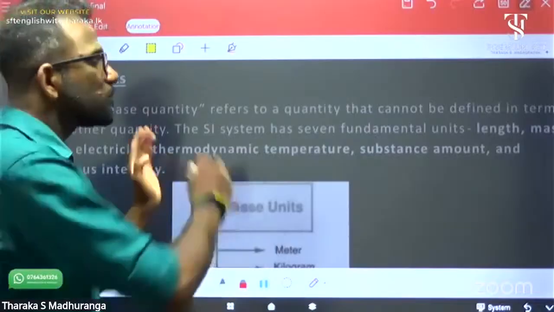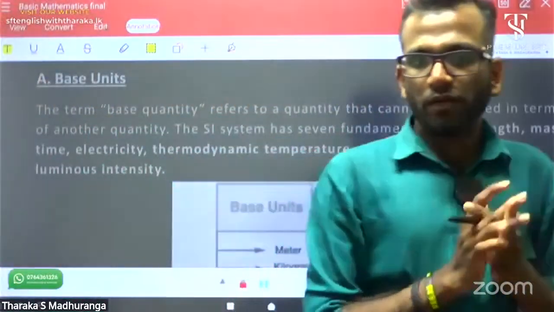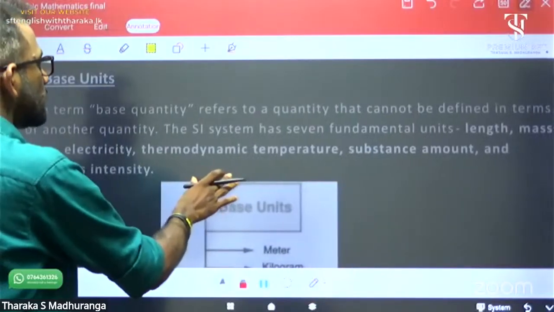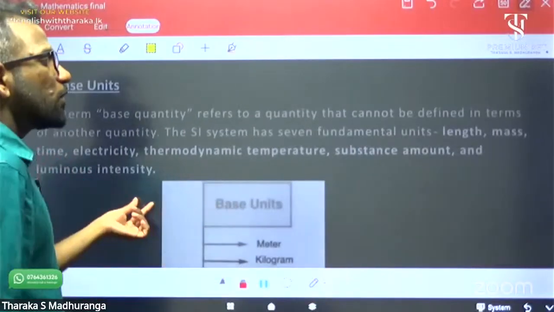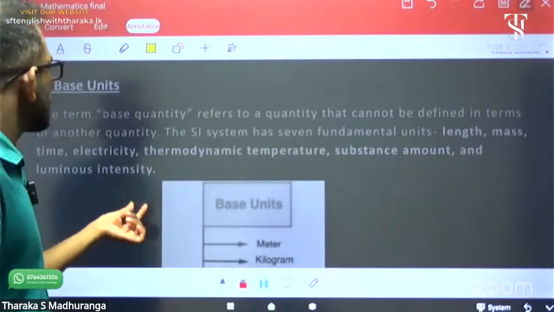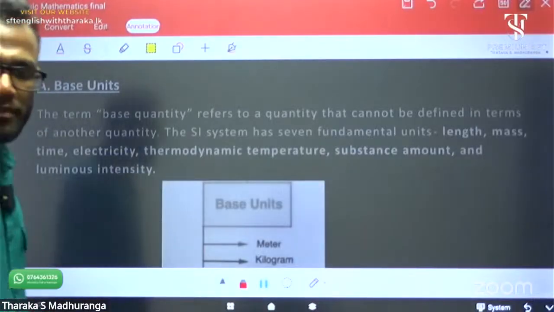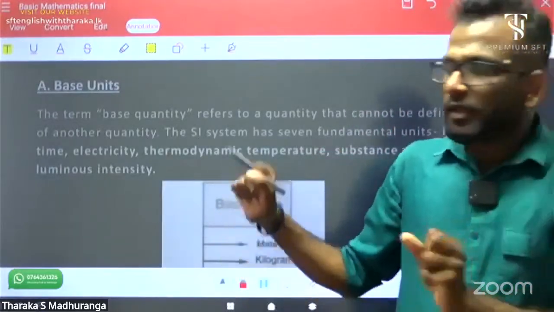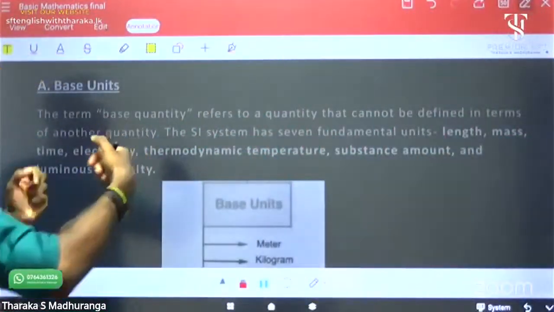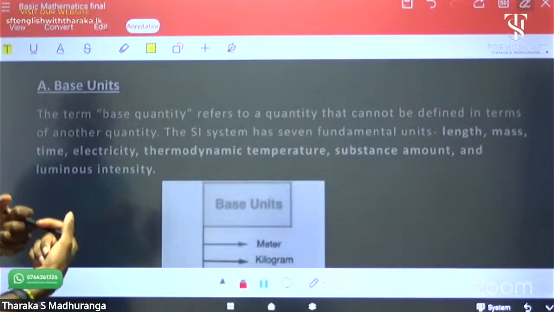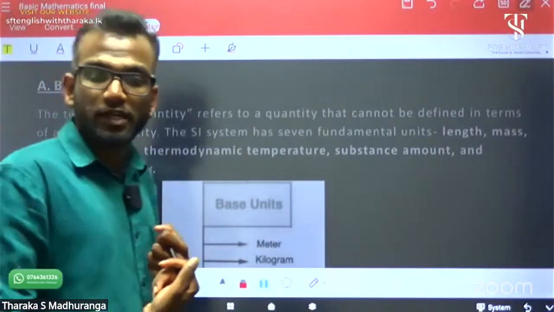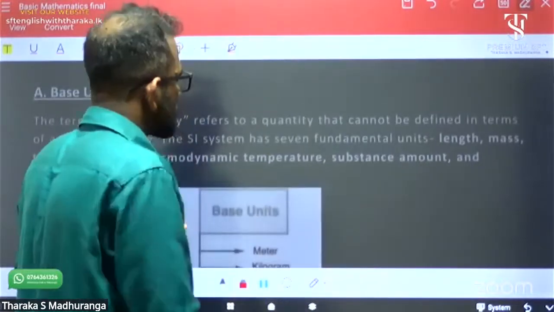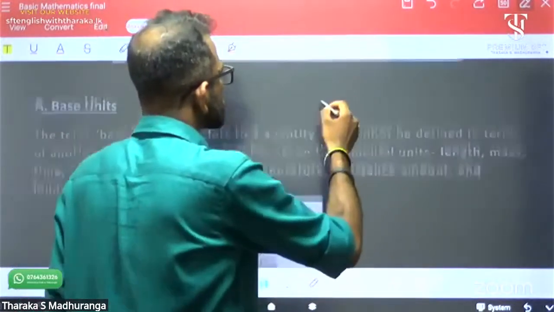Okay, what's the meaning of base unit? The term base quantity or base unit refers to a quantity that cannot be defined in terms of another quantity. Okay, don't think it is complex. It is very simple. The base quantities we can't define by another quantity. As an example, if you got mass,